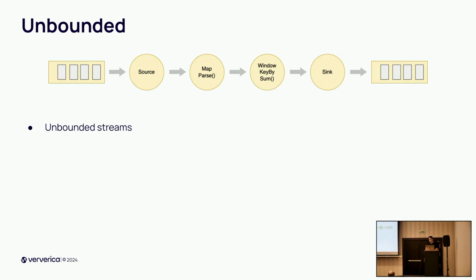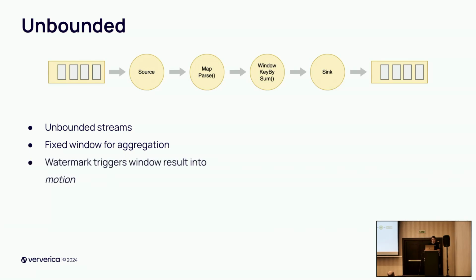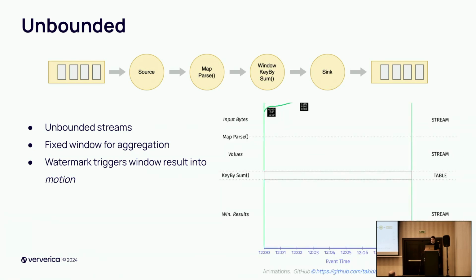So coming back to our data streaming pipeline, now we have unbounded data. And on the key by operator, we now have an additional dimension, a window. We do a key by summation on some window. And here we will use the watermark, which will trigger the result of the window as a stream to the next operator. So it will be again similar. Now on the key by summation, we have a window with a 2-minute size.